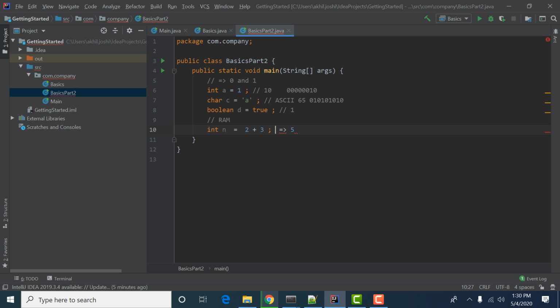And this 5 will be stored as a value in binary form, I think 100 or something like that. I will explain how this actually works. It works like this: 2 is multiplied with 2 raised to power 0.